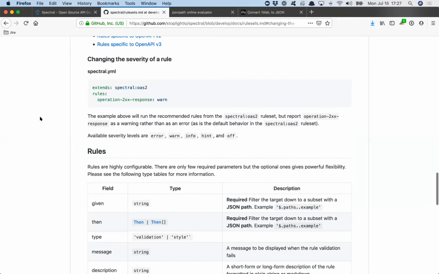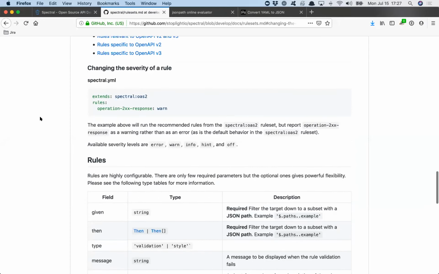All right, we're looking pretty good. So Phil, just real quick, anything else you want to say about Spectral to close things out? Oh yeah, this was one feature that was popularly requested, and I forgot to mention it at first. When you're extending rule sets, as well as just saying turn that one on, turn that one off, you can also say, I'd like to change this one to be warn. So true turns it on, false turns it off. You can say error, warn, info, hint.